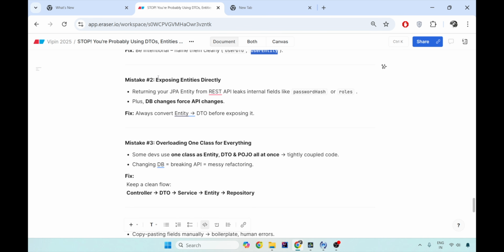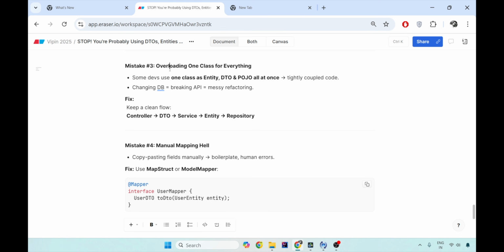The second mistake we make is we expose entities directly. While we should not, and what happens then? Then we end up giving them their role and password hash, and your encoding technique, from the backend to the client, which is not the right thing to do. Plus, any change in the database column impacts the front end guy directly, and he will just bang his head on the wall saying why every time you have to change the contract whenever you have a change in the database. Keep it abstracted to yourself, give me only what I need and never change it up. And that can be done only by the framework called DTOs. The third mistake we make is we overload one class for everything. We use one class, that is entity, for everything, and this makes it tight coupling.